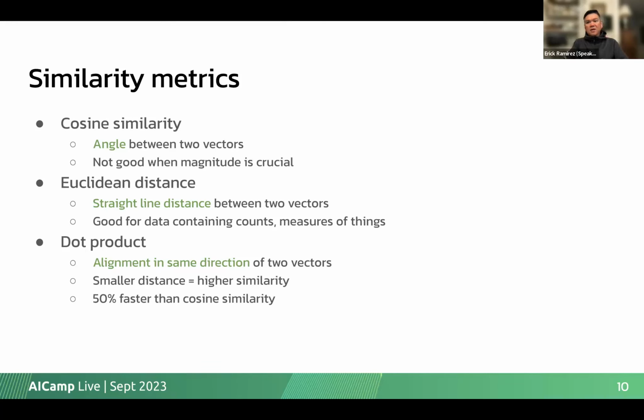Vera asked, is indexing a one-time activity? Yes and no. If you have a static data set, which means that your data is not changing, then you don't need to re-index.